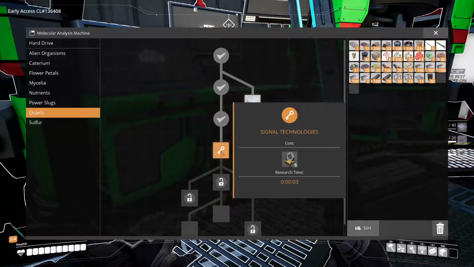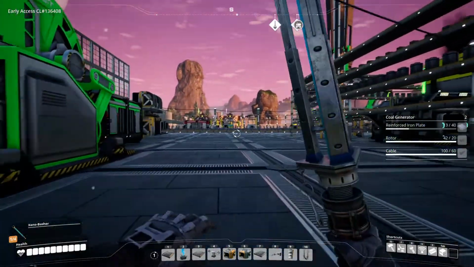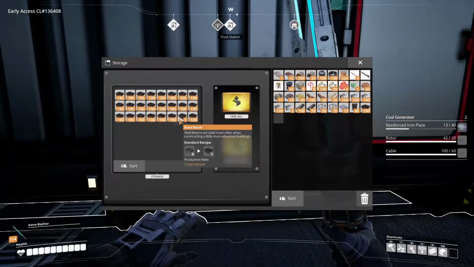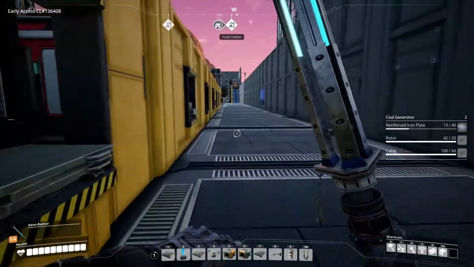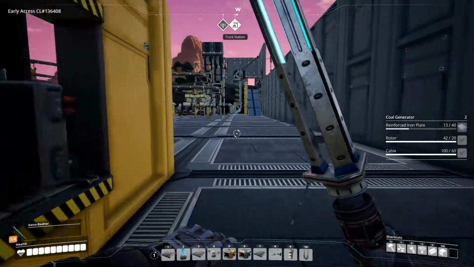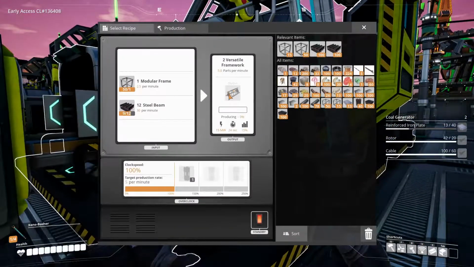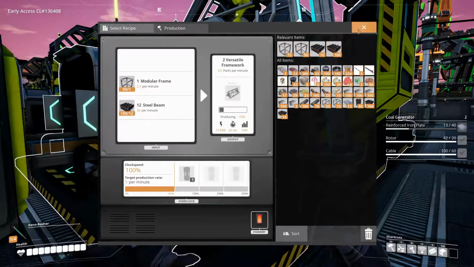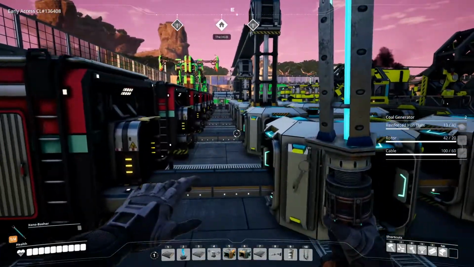Right. So we have to now make crystal oscillators before the next stage. It's possible. A couple of stacks of those. I have a feeling still not going to have enough parts. Yeah, versatile frameworks. A feeling we haven't got enough of those. What we could do, in theory, is